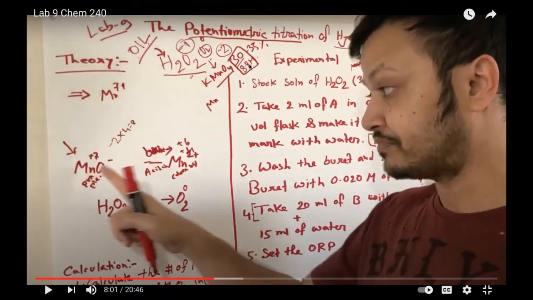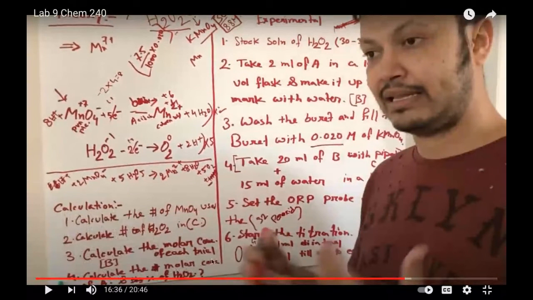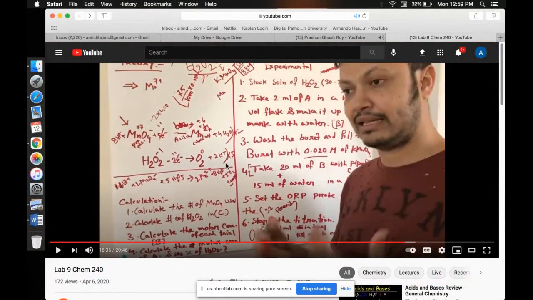If it is 8, then what is the percentage? How can you do that? It is 8 divided by 8.8 multiplied by 30%. Then you will get the percentage of A. You got it? Calculate the molar concentration, whatever you get, divide by the standard 8.8 and multiply by 30%. Whatever you get, that is the percentage of A. Clear till this? So you understand what is the principle, what is the experimental and calculation?